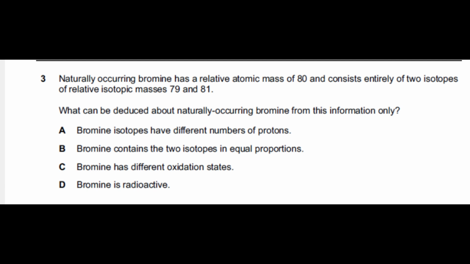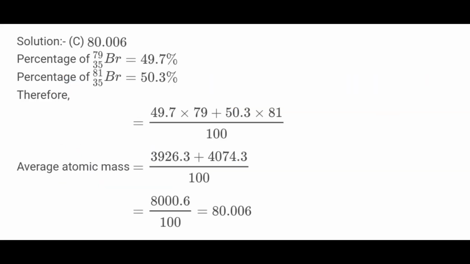isotopes of the relative isotopic mass of 79 and 81. What can be deduced about naturally occurring bromine from this information only? Before we read the option, let's look at the formula that can be used to calculate the relative atomic mass of bromine. Looking at the example, we see that bromine has atomic mass of 79 and the other isotope has